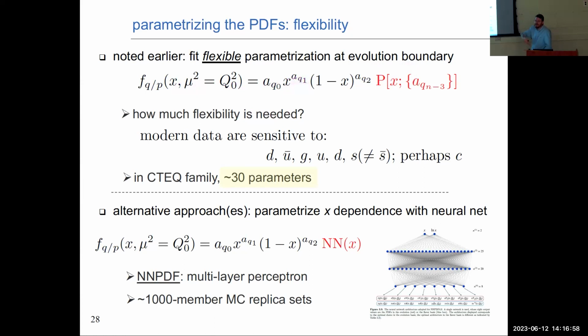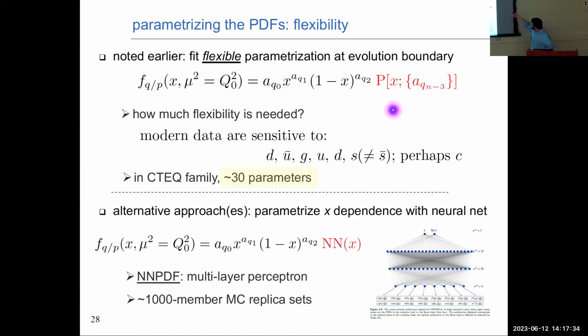The idea is that I need parametric flexibility in doing that. What's typically done, at least in a fit of the style of CTEQ or MSHT or many of these others, is you write down a form that has some sort of prefactor that vanishes at small x and very high x, that is at x of 0 and 1. In between, you would parameterize the additional non-trivial x dependence with some sort of multi-parameter polynomial, for instance, that can do whatever you want.